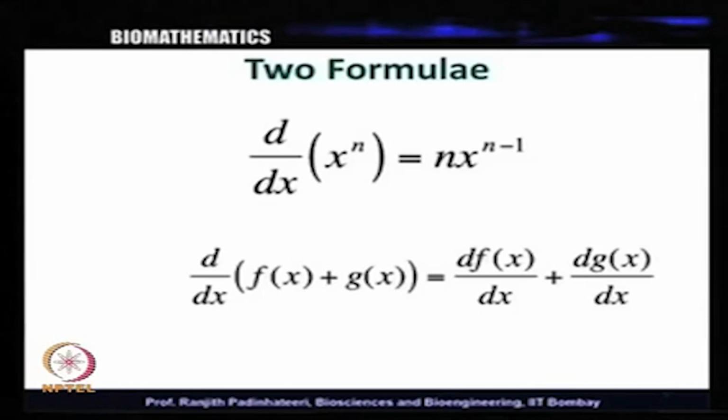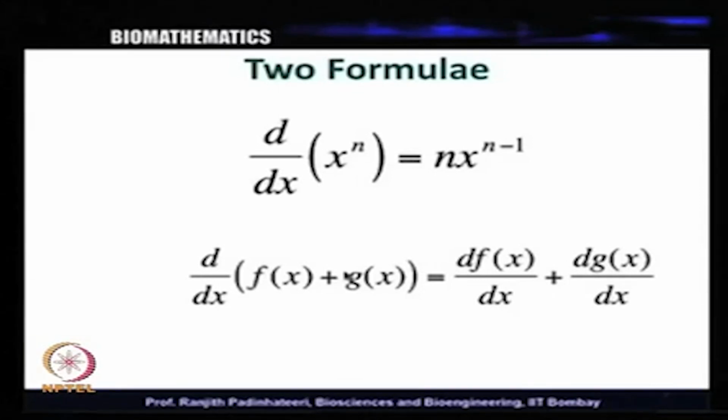Then we learned the second formula, which is when you calculate the derivative of the sum of two functions, f of x and g of x are two functions of x, and if you have the sum of them, f of x plus g of x, and find the derivative of the sum, the answer is basically you can find the derivatives of these individual functions and sum them. So, this is the second formula that we learned, and there is one more important formula that one should understand,